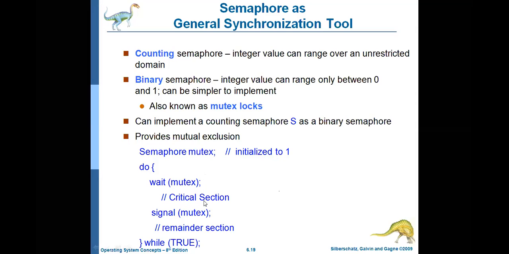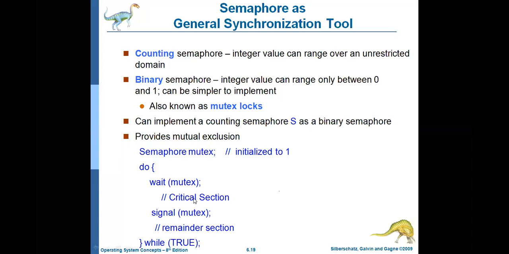If any other process is willing to enter into the critical section, it needs to perform the wait operation. What is the mutex value? 0. Why? Because P1 has already decremented the mutex value by 1. So the semaphore value is 0. If any other process wishes to enter into the critical section, it needs to perform the wait operation, but it is unable to do so. So it will wait until the first process performs the signal operation.